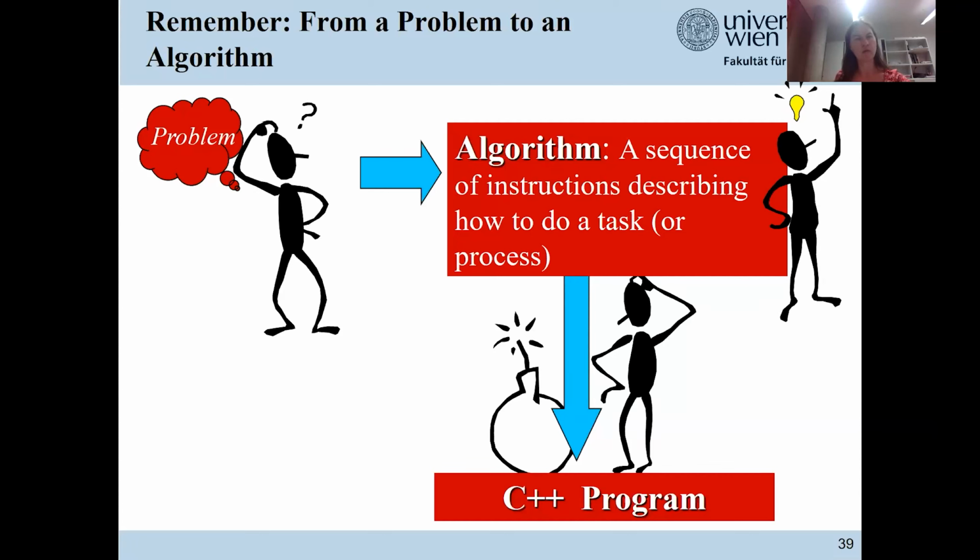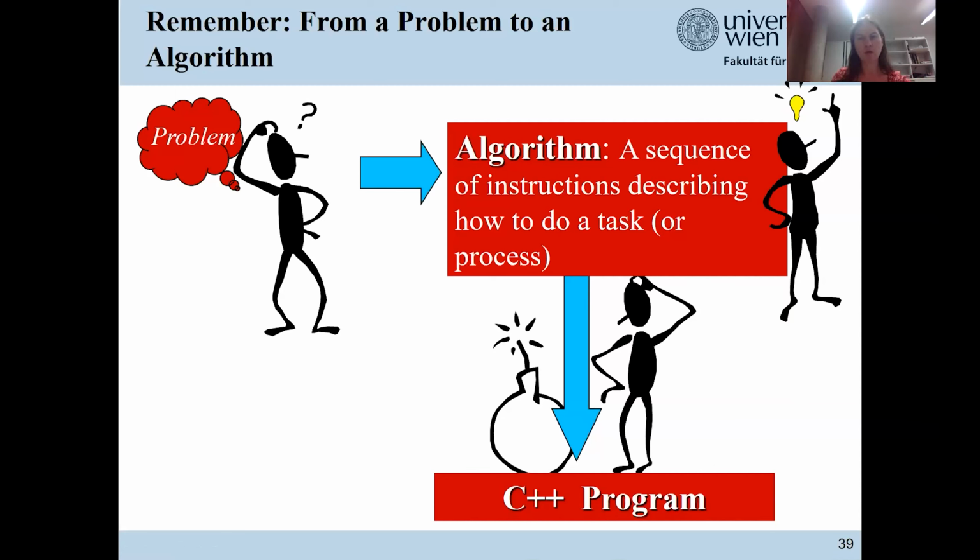So essentially now we are studying the problem, how should I build a good decision tree? And we are trying to arrive at an algorithm, which is a sequence of instructions which describes how I can do that task. And this algorithm I later can implement in a programming language of my choice, and I can get an executable program, for instance, a C program.